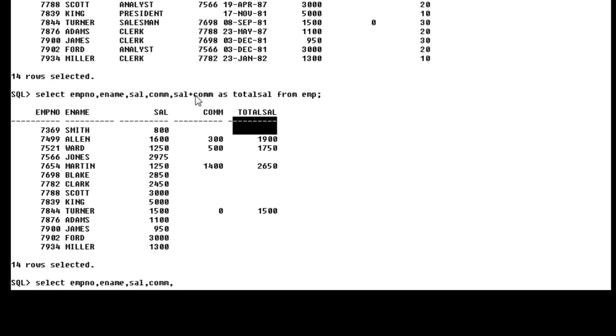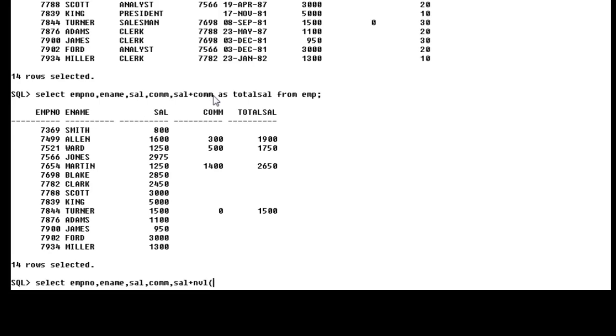So in that case I have to convert that null value into 0 or any other value which is useful in calculation. For example, in that case I have to use the NVL function. So how do I use it? Sal plus a null value in the commission column.